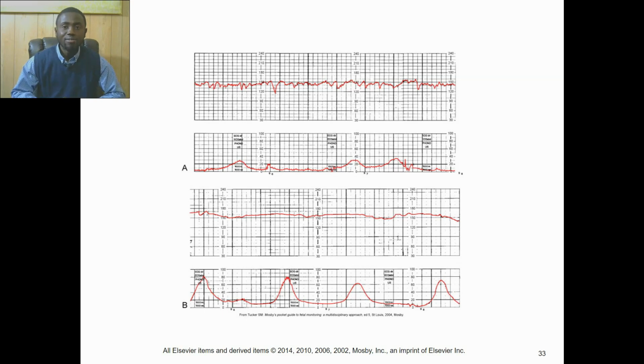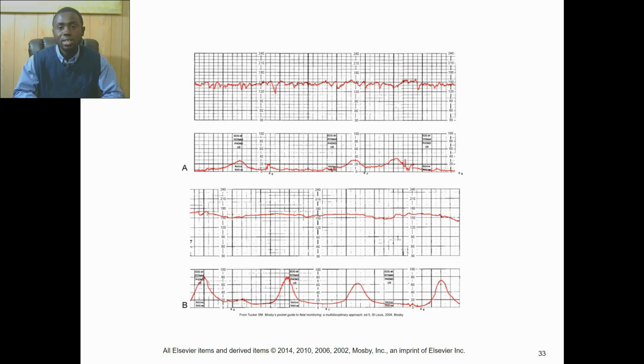On the other hand, if the test is classified as equivocal hyperstimulatory, then this means that decelerations are occurring in the presence of contractions that are more frequent than every 2 minutes or lasting longer than 90 seconds. And this will warrant further evaluation either by prolonged monitoring or repeated testing on the next day. So that is similar to the suspicious or equivocal test results.